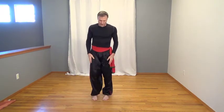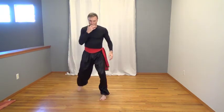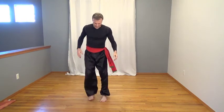2, shin level is fine. 3, keeps you from grounding out too much. 4, being too stationary. 5, okay, so that should almost be just normal now when you go to a cat stance. 6, you just push that ball of the foot in, bam, and then fire it out there. Back. 7,